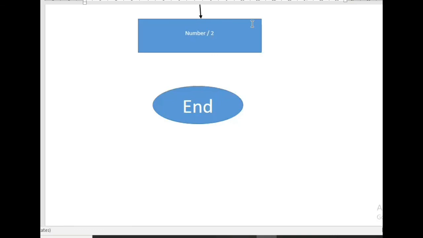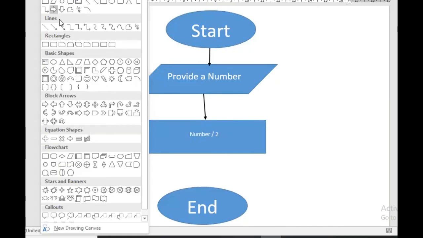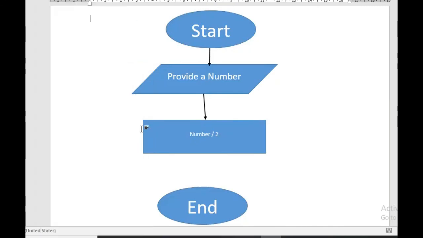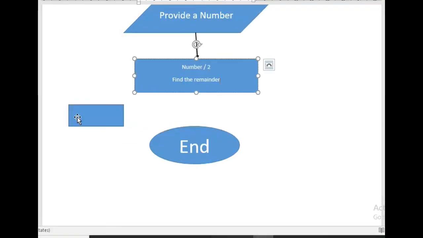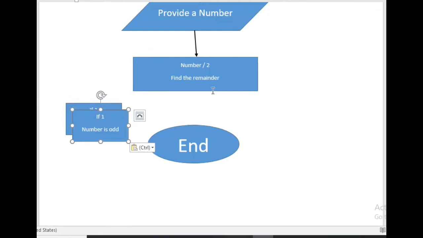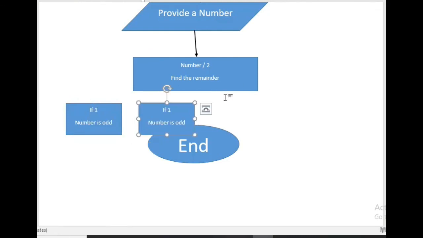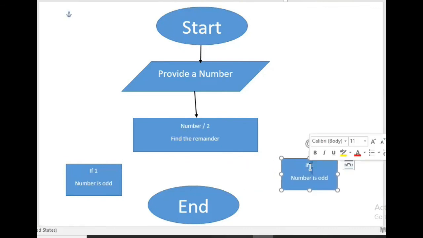So again now we are going to give, for example, if the number is 4, if the remainder is 1, and in the same way there is another branch of this logic or code, that is if it is 0, it is even.